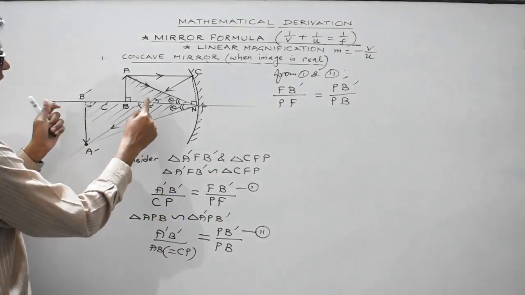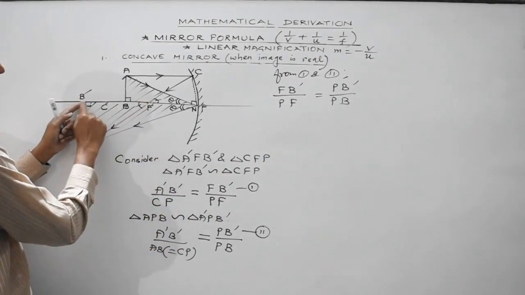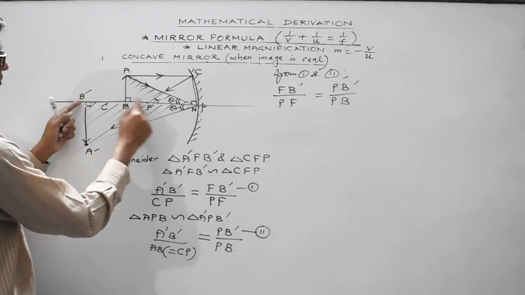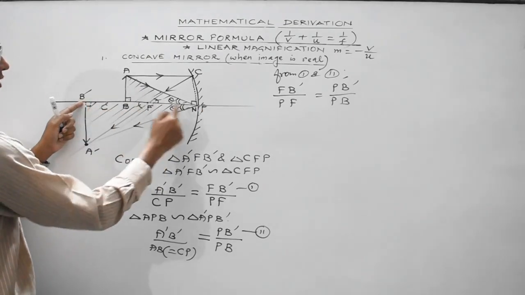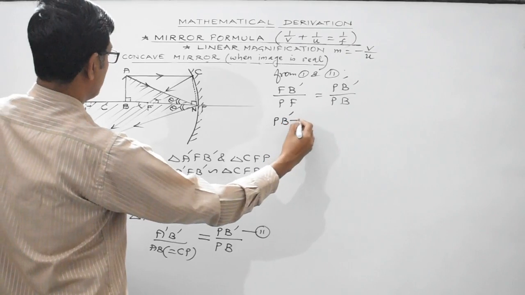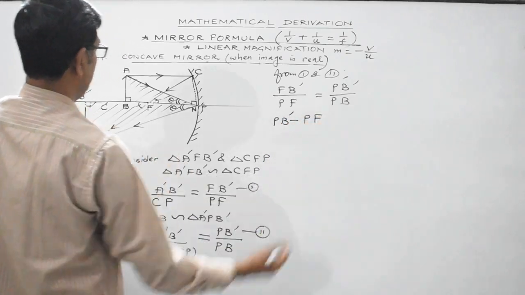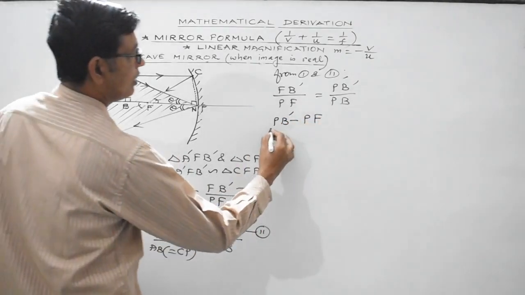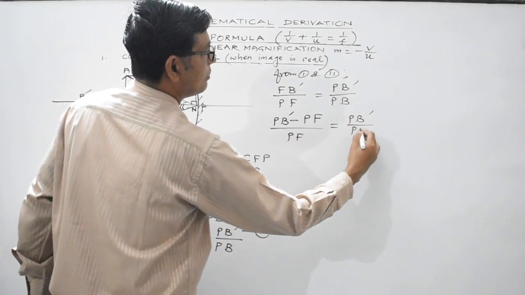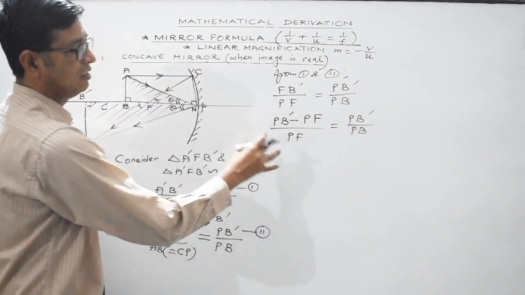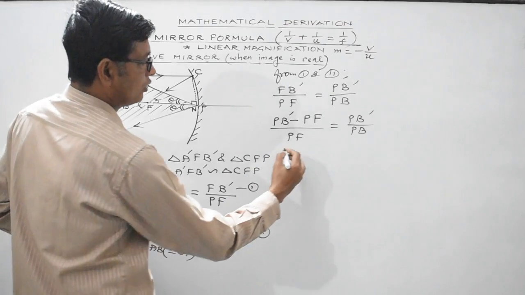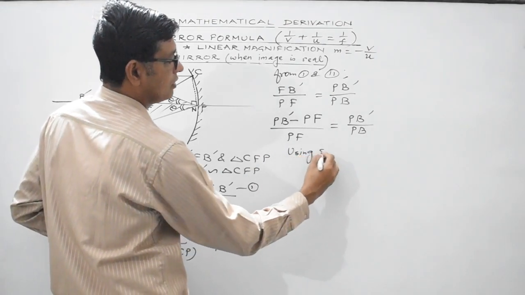Now look, this is FB'. It may be written as PB' minus PF. Isn't it? FB' may be written as PB' minus PF. So (PB' minus PF) divided by PF is equal to PB'/PB. Now all the terms have the initial letter P. Now we can make use of sign convention. So using sign convention, what we get is,